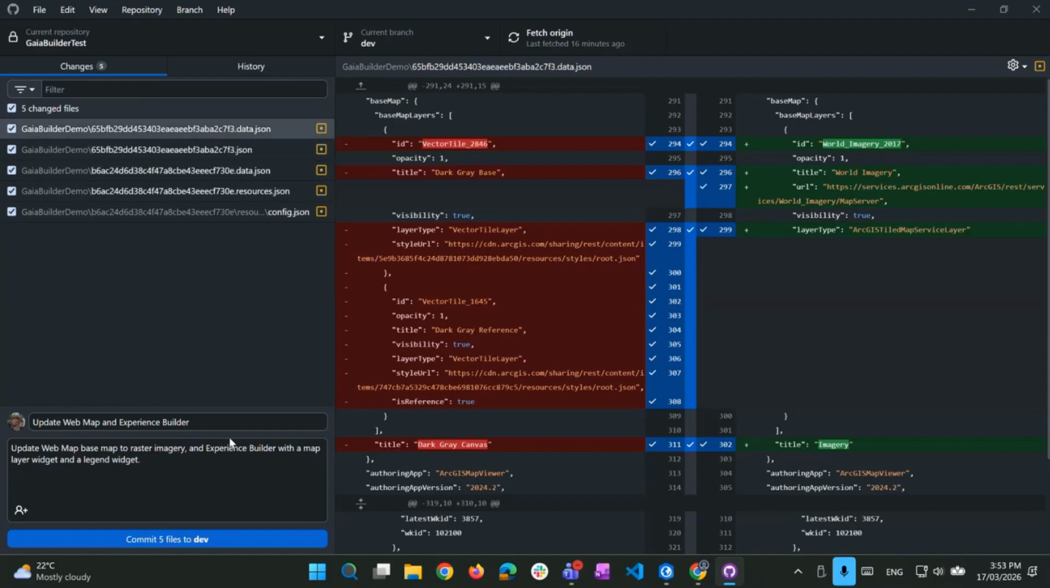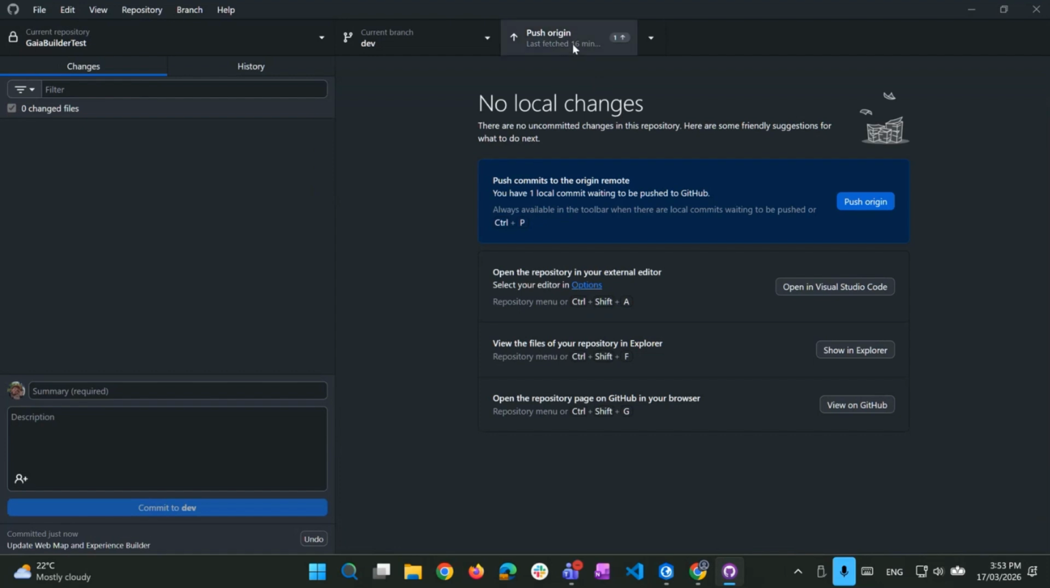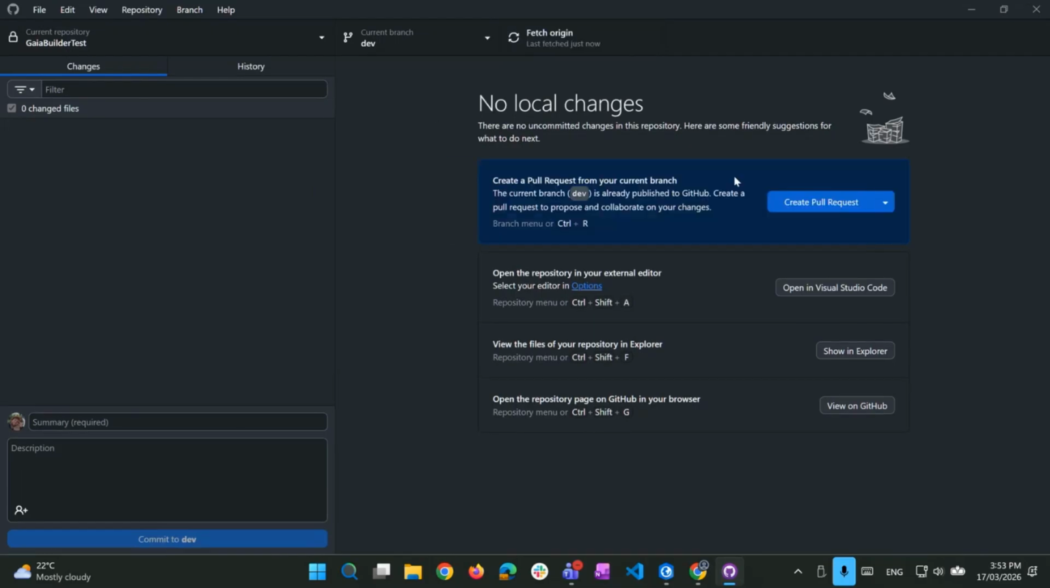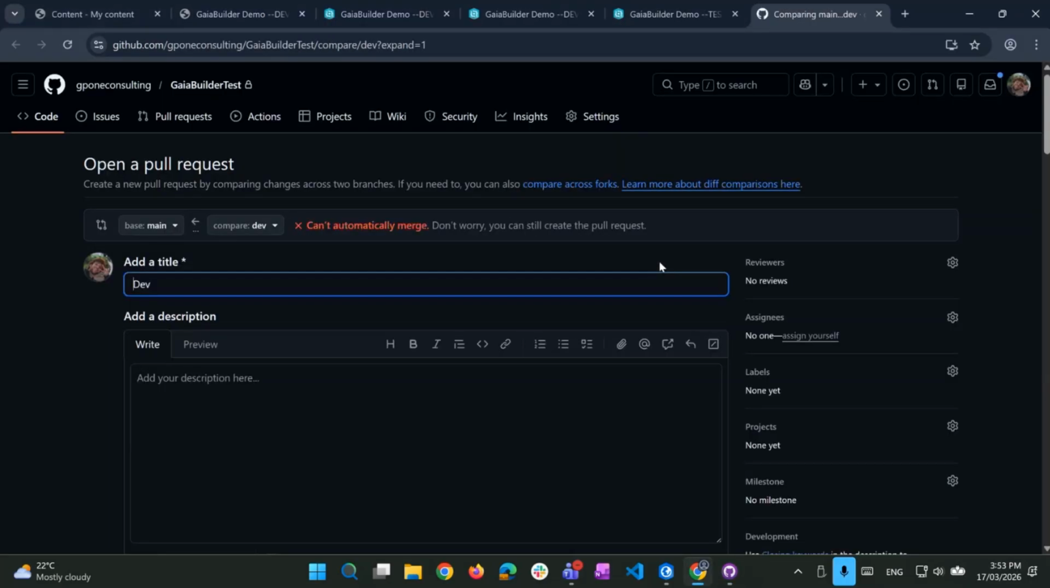And we've got a nice detailed commit title and commit message here to describe what changes were made. We can then commit these changes to the repository and then push them from our local repository up into the cloud where it's stored online. From here, our changes are saved and we can start the process of migrating our changes from the development environment